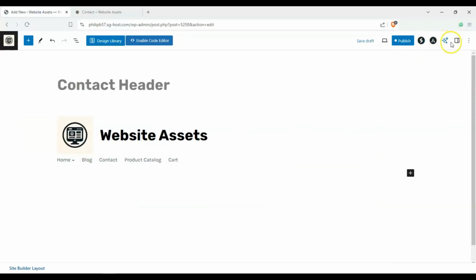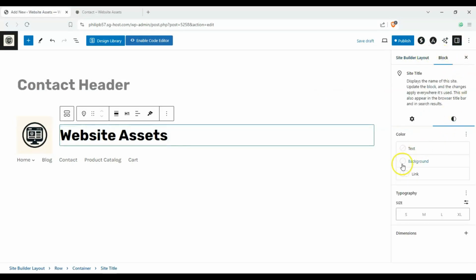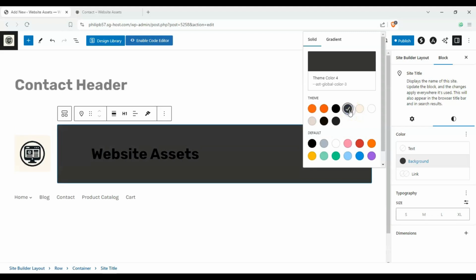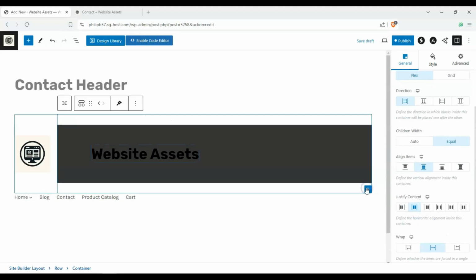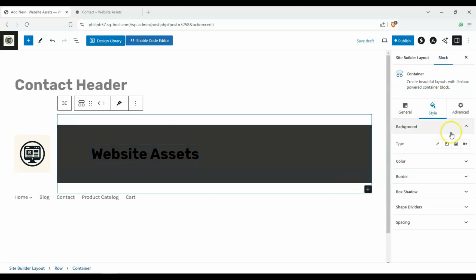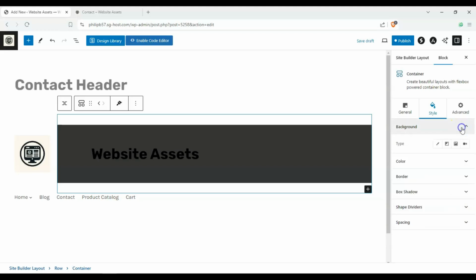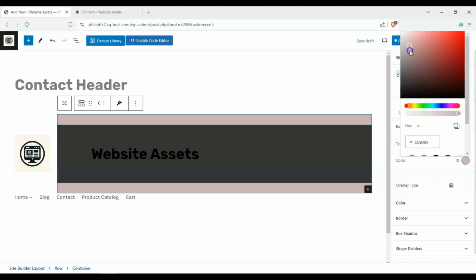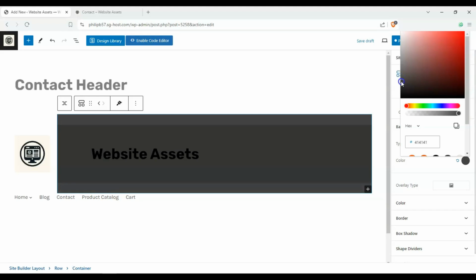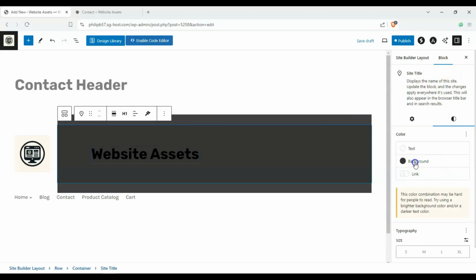So let's head back to our sidebar over here, and we can add a background color, one of the system ones. Probably best to select this block here and put a background color onto this. And you don't have to use a color at all. You can just use an image. So for instance, we can use this as our background, and then for this one, the block, we can remove